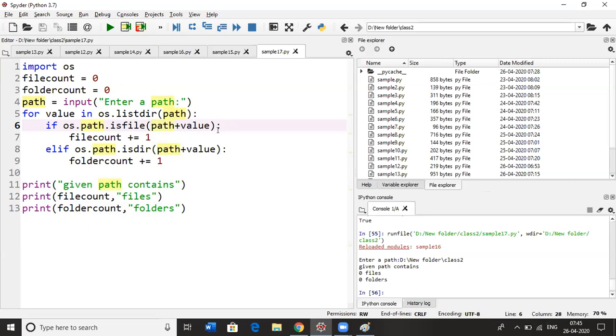We don't add the value just before that, put a slash here. Now it becomes... just add the slash here. After the slash, it will add the file name or folder name.